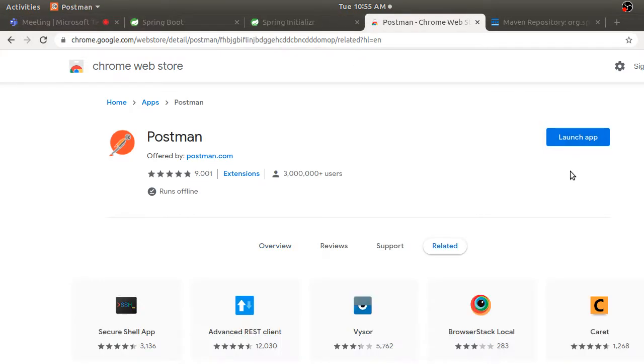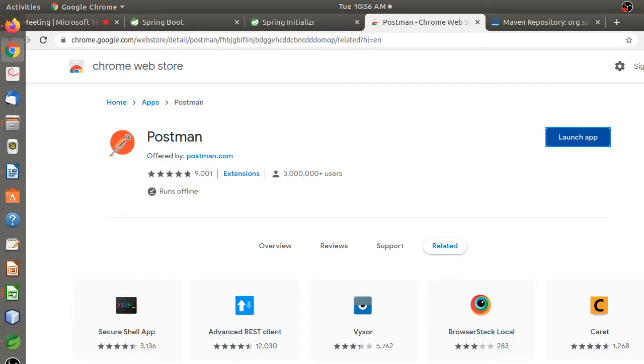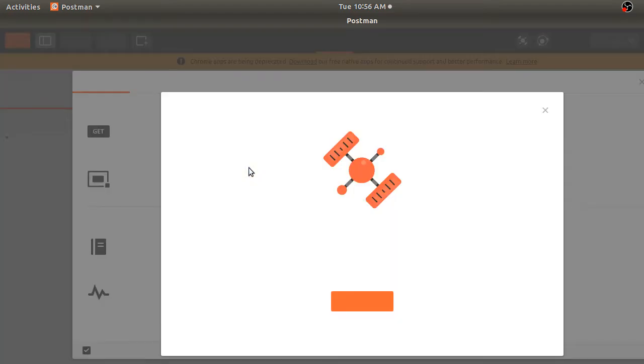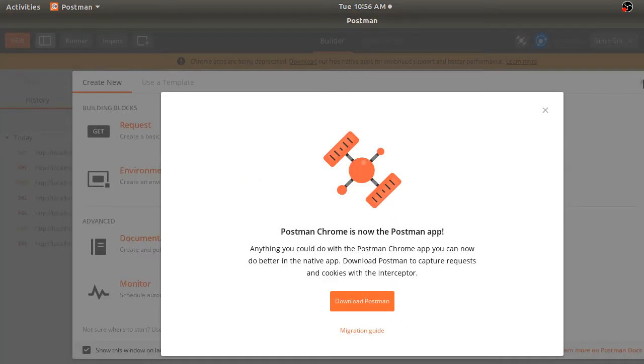Launch app. So this is the plugin available for sending API requests, so you can make an API call to your application remotely. You can use this app. I think it is launched. Here you can configure your requests and things. The slight difference that you should notice is that if you are using a post request, there is some alternate code that you have to write apart from the normal code. I'll just show you that.